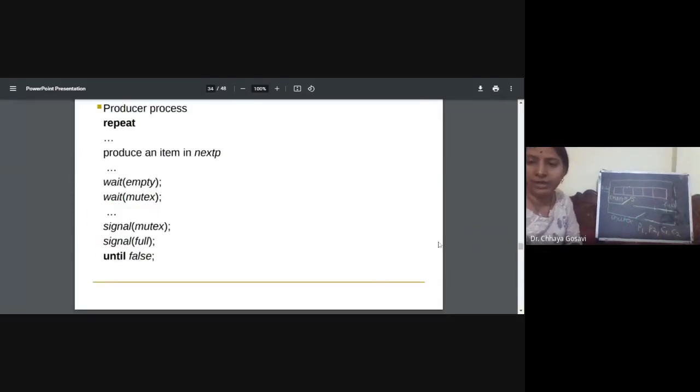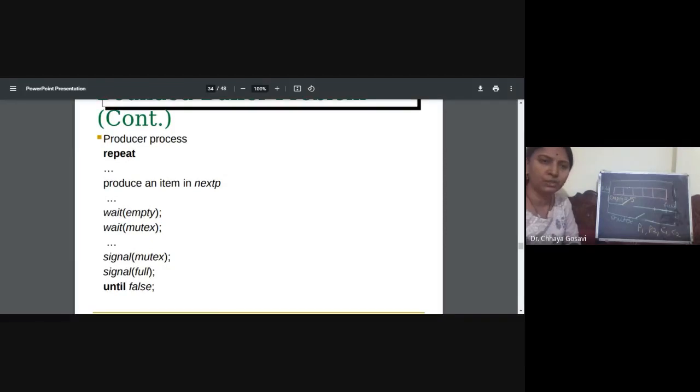Now we'll see how to write a producer process for synchronization purposes. So this is a producer process. The producer produced an atom in next P. So in next P, an atom is produced, say some value 10. Now first it has to check wait on mutex. What does the wait function do? The wait function will check whether mutex is less than or equal to 0. Then the producer has to wait. But this is not less than or equal to 0. This is greater than 0. So it can cross this door. Then it has to wait on mutex. Its turn. So actually I have to draw the other way.